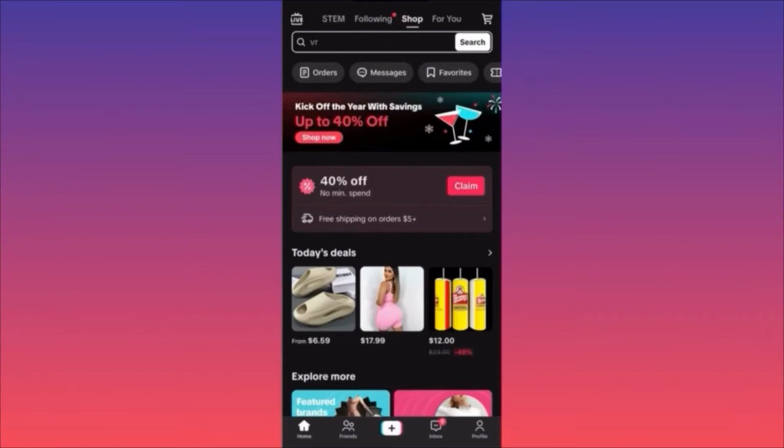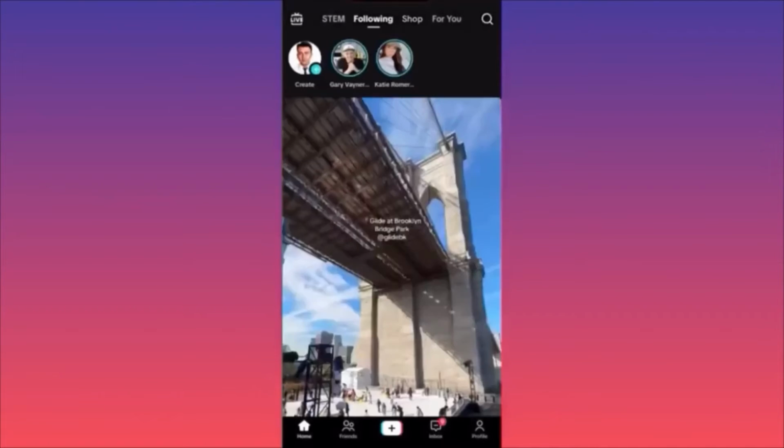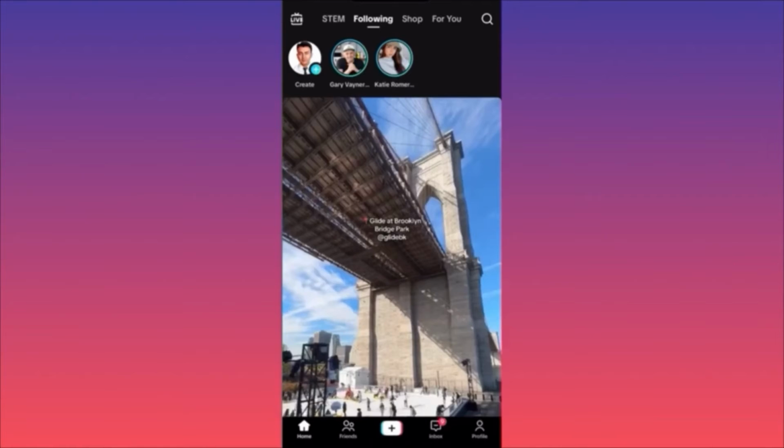This is why for a lot of the influencers now it's much easier to set up a store like this, right over here, engaging and interacting with their own viewers, doing live streams, and they might sell a lot of stuff. The next section will be what you're currently following. This might be empty for you, but this is where you're gonna see the feed from your current following list.